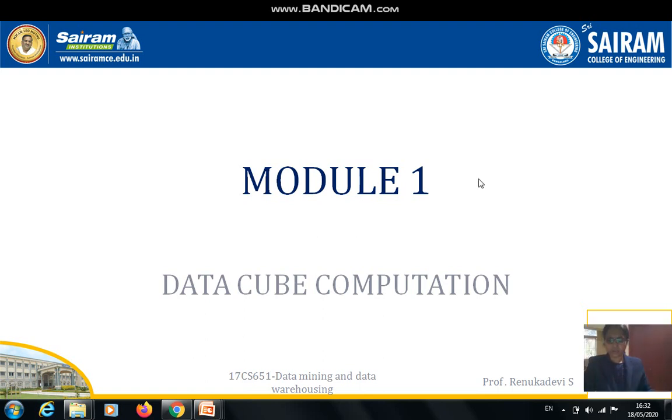Good afternoon everyone. The next topic is data cube computation. We'll discuss the methods, and how it is an essential task in data warehouse implementation. Pre-computation of all or part of your data cube can greatly reduce the response time and enhance the performance of online analytical processing. However, such a computation is challenging because it may require substantial computational time and storage space.